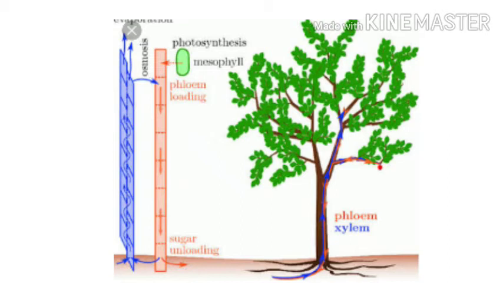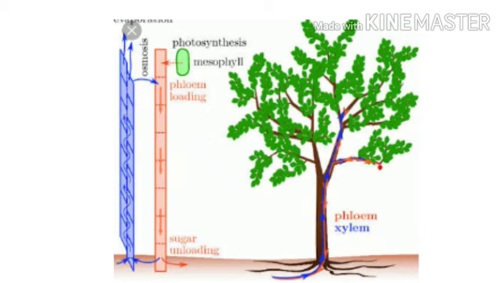It is because of this vascular tissue. This vascular tissue helps plants to transport water and minerals absorbed by the root up to the leaf. It is in the leaf that plants perform photosynthesis, that is the process of preparation of food. During this process, they prepare glucose, and they utilize the carbon dioxide in the atmosphere and release oxygen into the atmosphere. So that is vascular tissue.